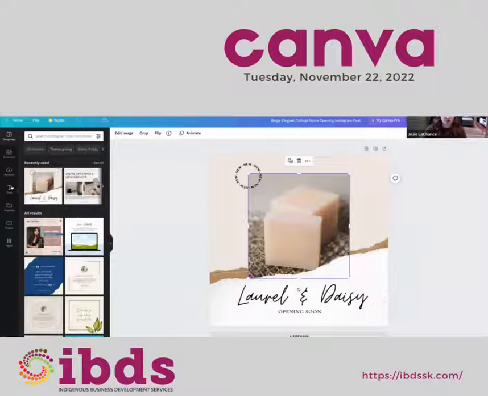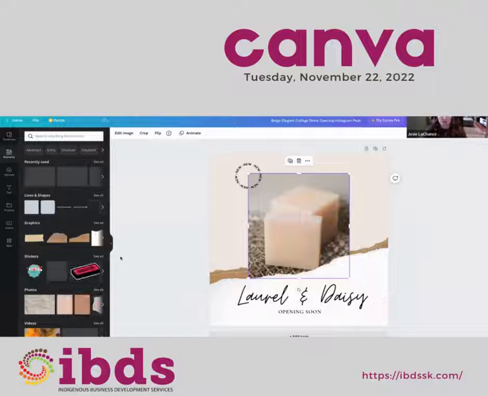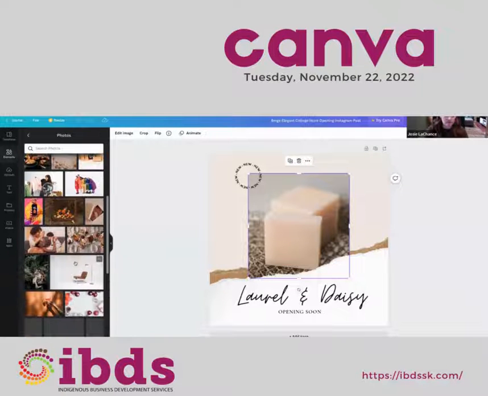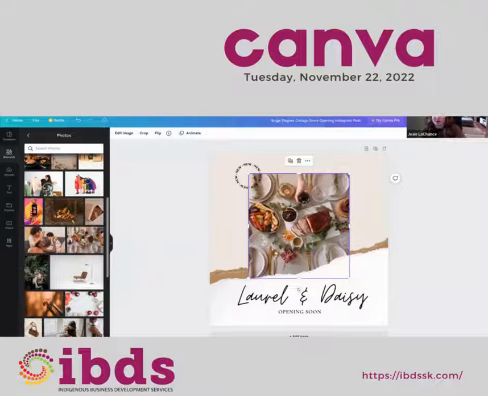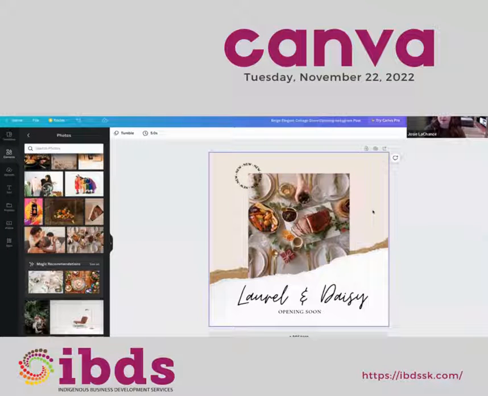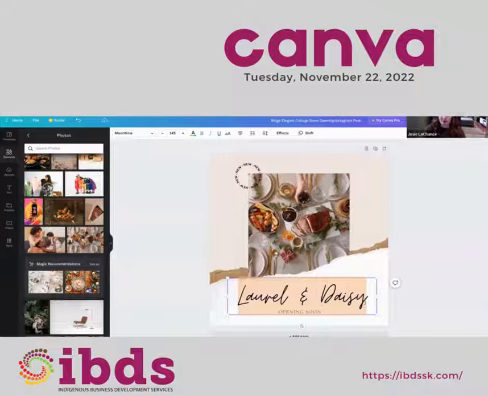I'm going to just swap out the image and go over here down into photos. That's another thing you can do with these, just drag over your image and pop it right in. You can't do that with the templated ones, unfortunately, the ones that you saw in the last one that had the Canva watermark, but you can do it with free images. So say I've got my new image in here, I'm just going to change this to say,